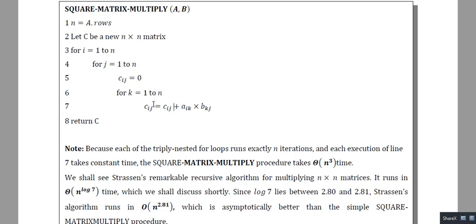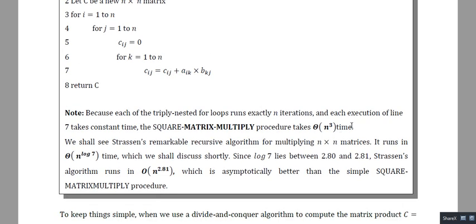So in general the time complexity of the matrix multiplication algorithm is order of n cube. But here our target is to minimize this order of n cube by applying a new technique known as Strassen's matrix multiplication technique. We can apply Strassen's matrix multiplication to reduce this theta of n cube.